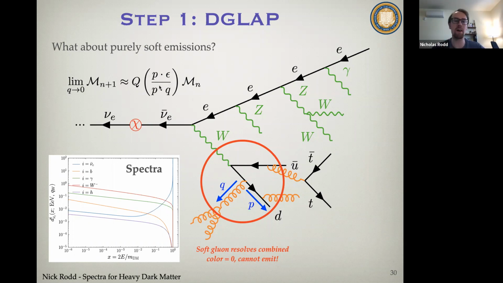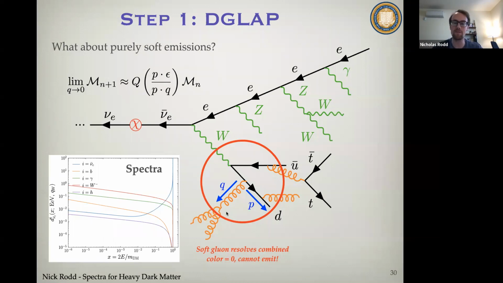But what's interesting about this is that because the factorization happens at the level of the amplitude, to actually figure out what would happen to the observable, you need to look at all the places this soft gluon could have been emitted, add them all together, and then take the mod square. So you can get some genuine quantum interference, which will break this semi-classical picture of the showering that I showed you earlier. You could ask, would you expect this interference to be generally destructive, constructive, or is it just going to be a mix of both? Actually, it turns out you would generally expect the interference to be destructive.